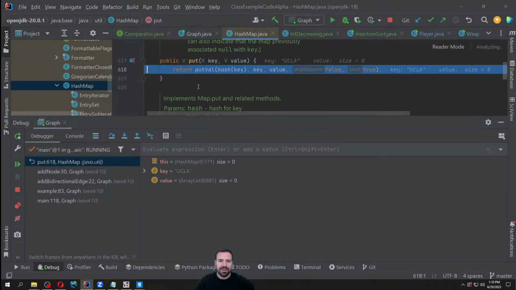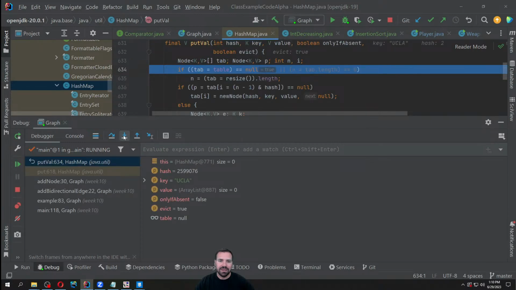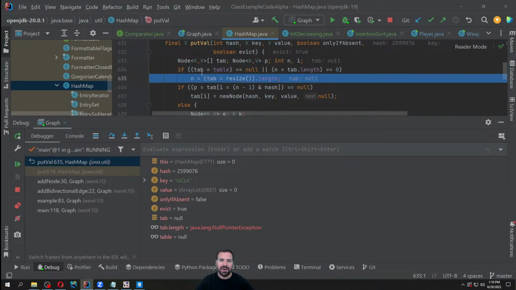Sometimes the debugger gets weird. For some reason it does get into Java code in some cases. I don't exactly know why. But if you ever find yourself in a situation like this, where we're deep into hash map code at this point,